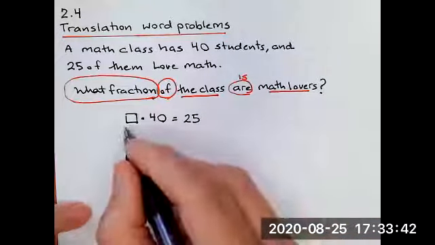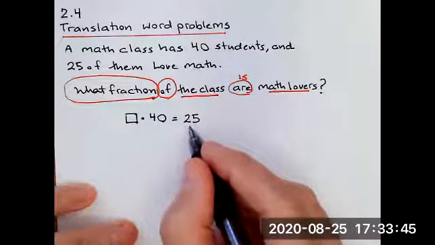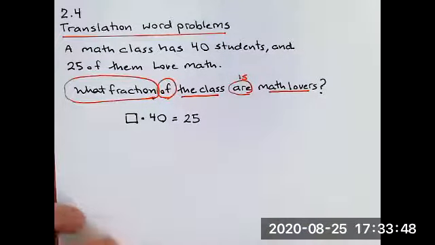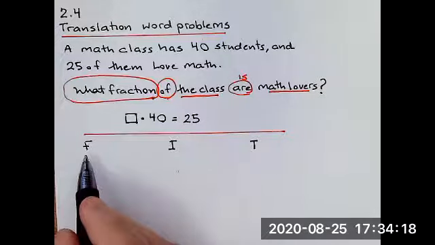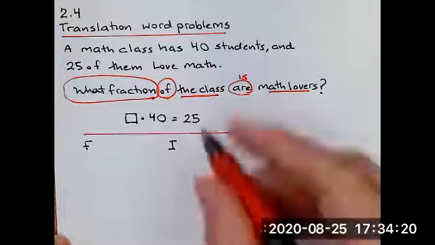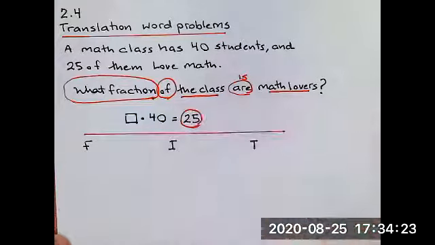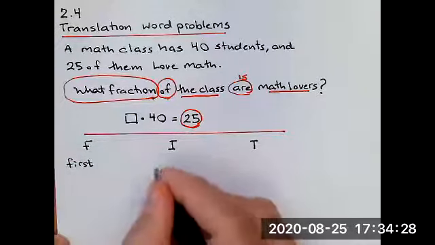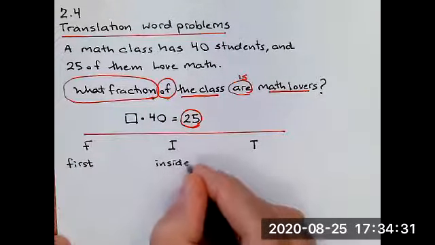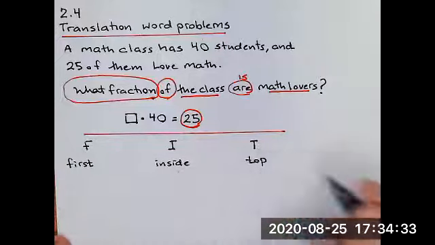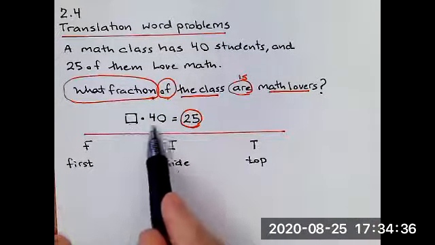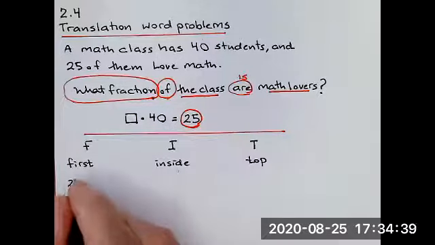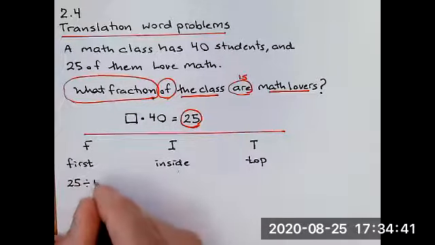So we have a missing factor. We're going to divide the product. And remember, there's 3 different ways of writing a division. Let's just refresh our memory. So the number that's being divided either goes first, inside, or on top. So you could write the solution of this problem as 25 divided by 40,